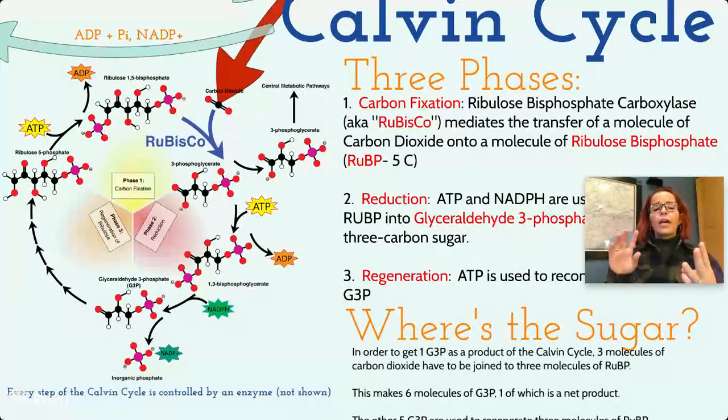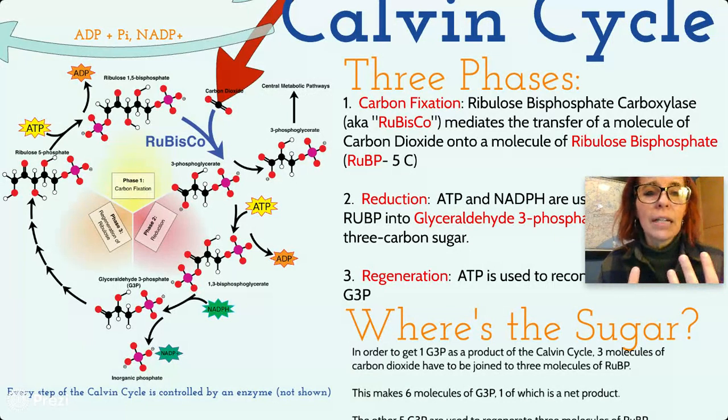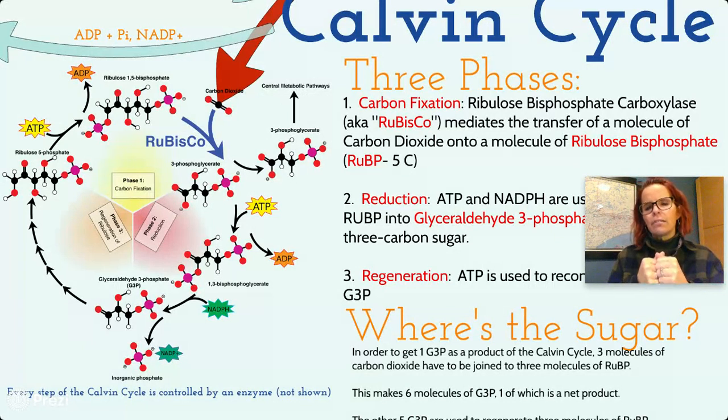You need to know that a total of 6 carbon dioxides have to come in in order to make glucose, because glucose is C6H12O6, and each molecule of carbon dioxide only has 1 carbon in it. So we're going to actually take about 3 carbon dioxides in at a time, and then this cycle is going to produce a molecule that has 3 carbons in it,